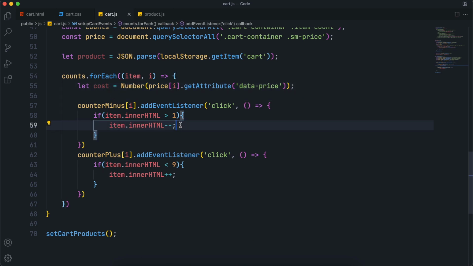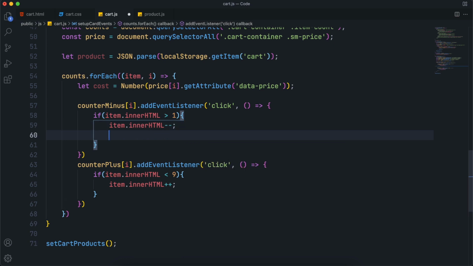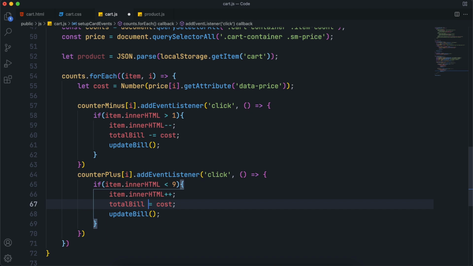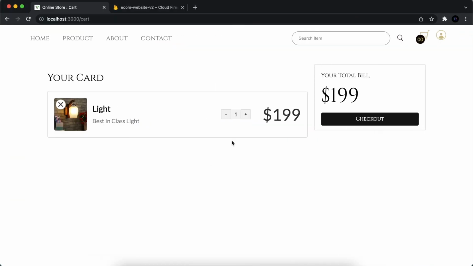Now we want it to update when we change the item count here. So here what you have to do is just decrease or just subtract the cost value from the total bill using minus equal cost. After that, just call the updateBill function. Copy these two lines and paste inside the counter plus event, and instead of subtracting, add it. So if I refresh the page and change the counters, you can see the bill is updating,